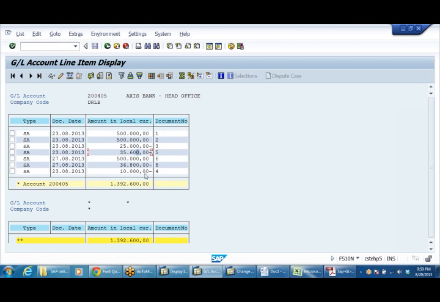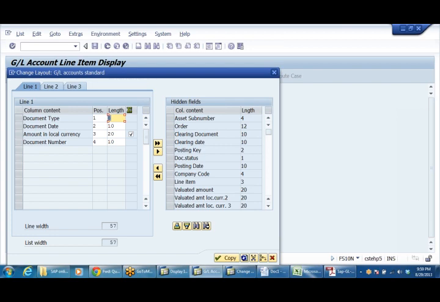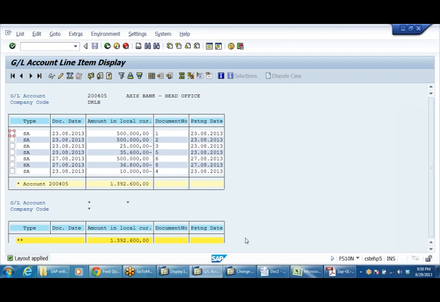See, this is with an old date we have posted. It is the 23rd date, that's why it has come. If you want posting date or something, you can have it. Just sorted according to posting date.